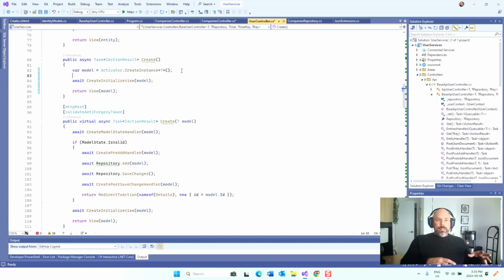Anything that is inheriting this, we can now allow it to modify what model does and has available to it on the create view. So in this case, what we're doing is we're going to be adding a list of users into the view data so that when the view is going to consume that, it'll have that data available to it. So in order to do that,